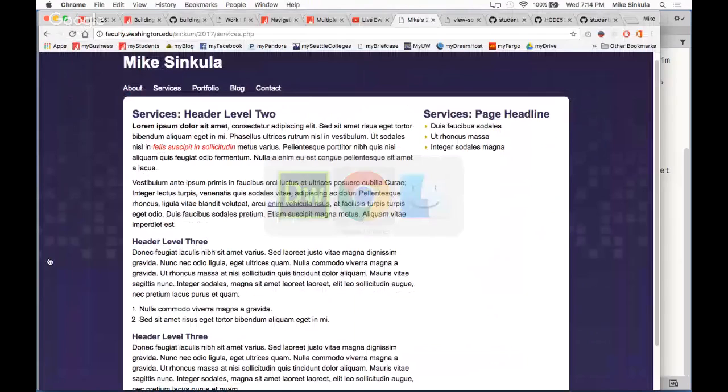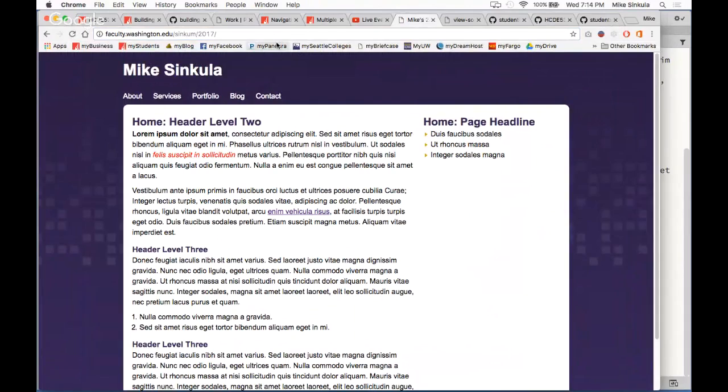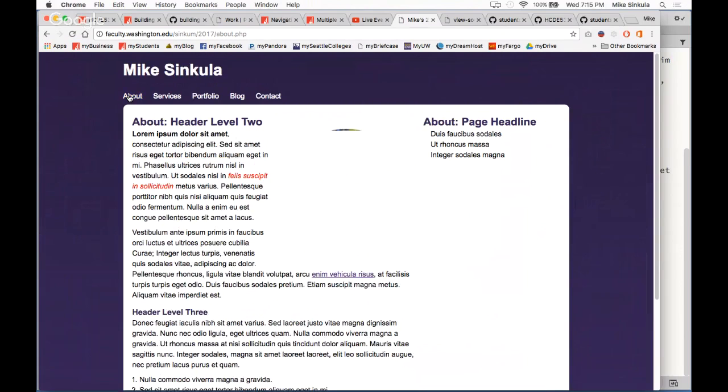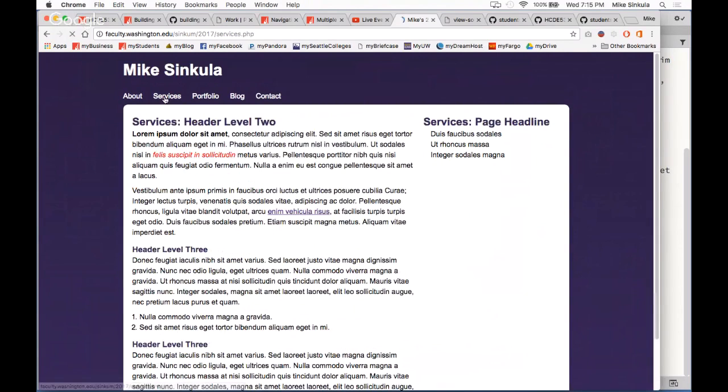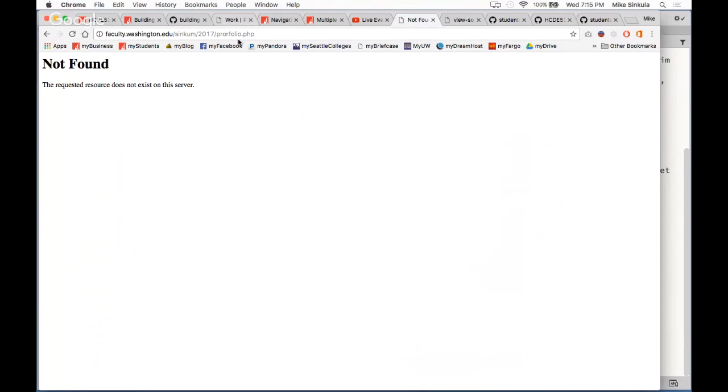So now if I went back to the root of my 2017, no longer are index.html and index.php duking it out, and index.html wins. Now I just have index.php. And again, you don't see the URL because it's just loading the file, not showing you the file that it's loaded, right? But if I were to navigate through the website now: about, services, portfolio,